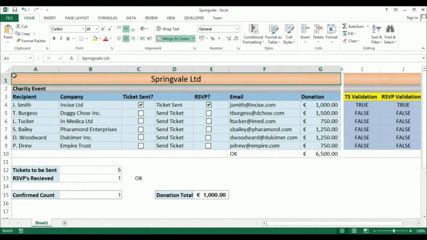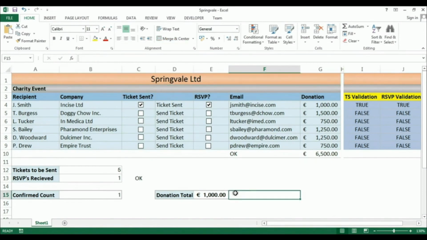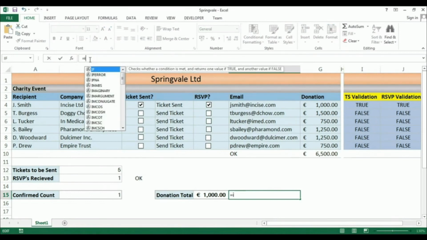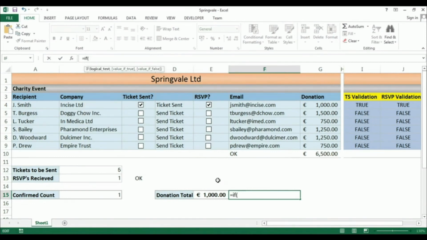So let's add a formula to the spreadsheet. In the cell next to the donation total, we're going to add another if statement. Remember, all functions and formulas start with an equals sign. Equals if. Then we open the argument, and then we set up the logical test. In this case, anything over 6,500. So if E15 is greater than 6,500,